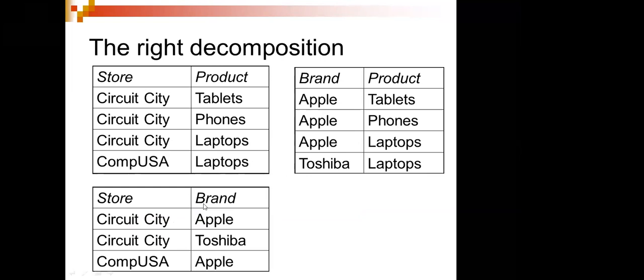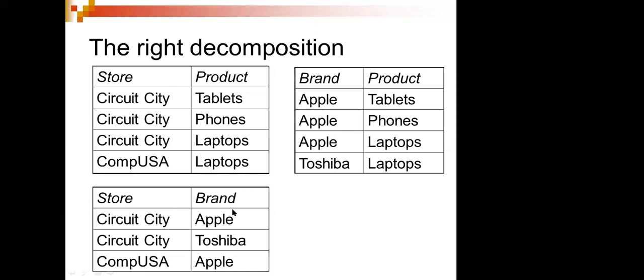So I have something called 3 brands. So if I see all the tables, we are looking at the Apple brand, Toshiba brand, like this. Okay, actually we have only 2 brands, Apple and Toshiba. But when you talk about the stores, this store is selling 2 brands, and this store is selling only 1 brand. So US is selling the Apple. Circuit City is going to sell the product brand of Apple and Toshiba. So if I divide like this, then from here this will come.